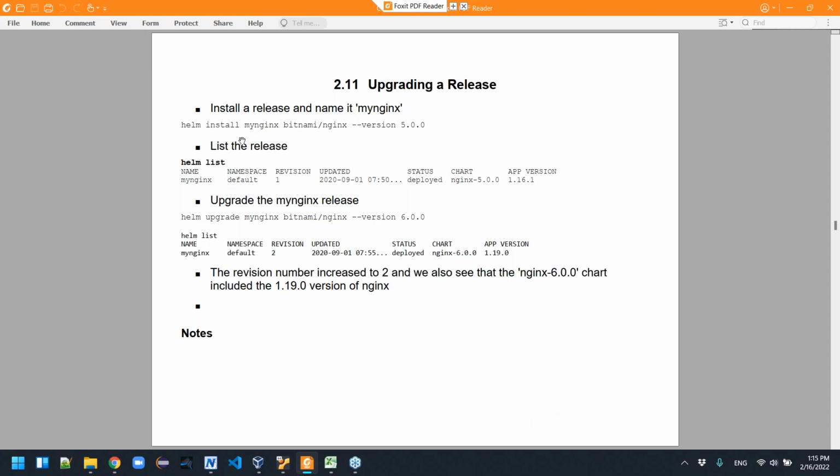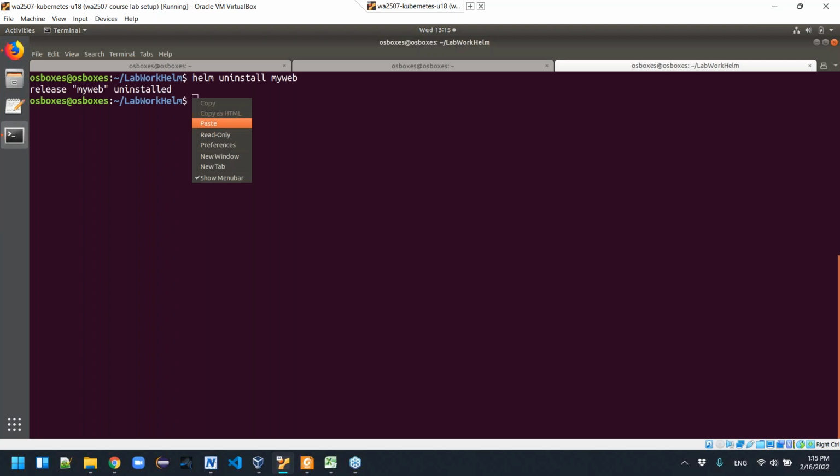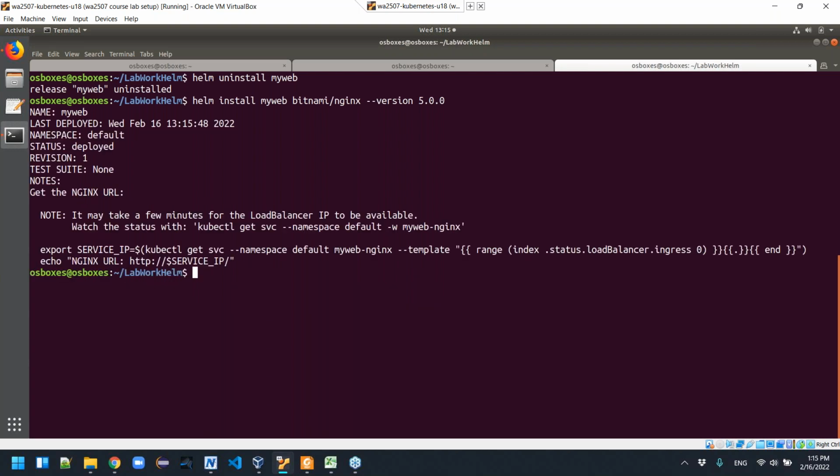But the reason why I took that out is what I want to do is I want to install this, and I want to install a certain version. Okay, so we'll go here, we'll go paste this. I want to call it MyWeb again, just because I feel like that. And this is going to install the version 5 of the chart. Okay, so now we should be able to see with